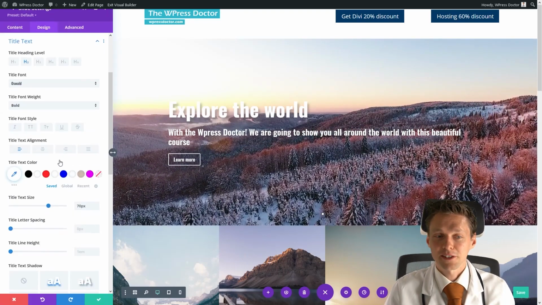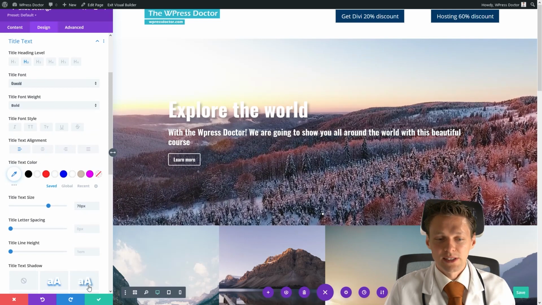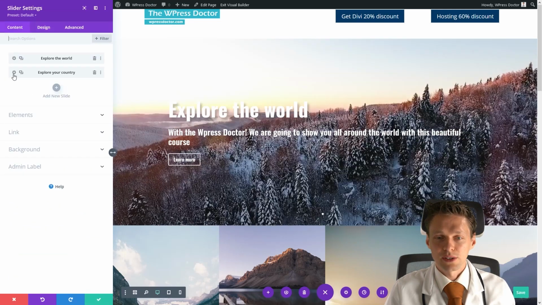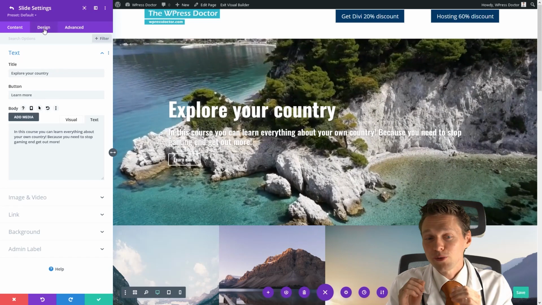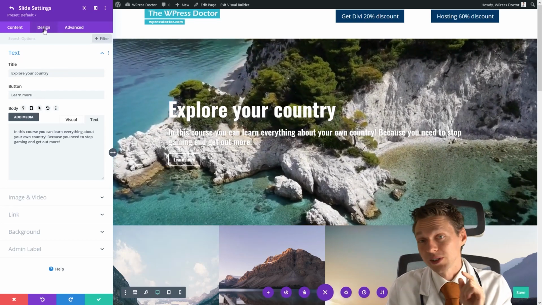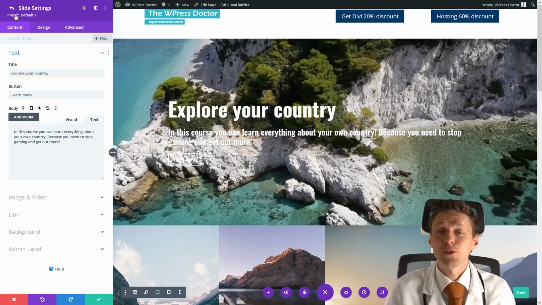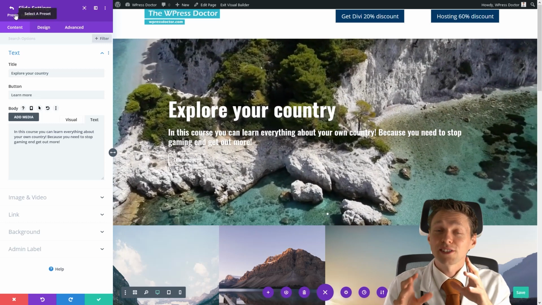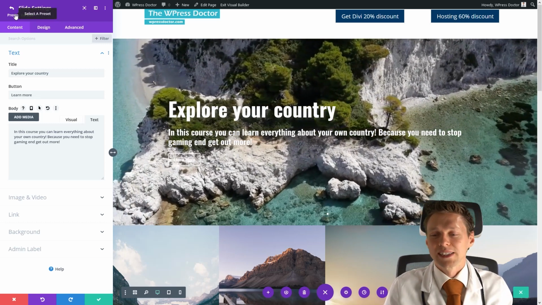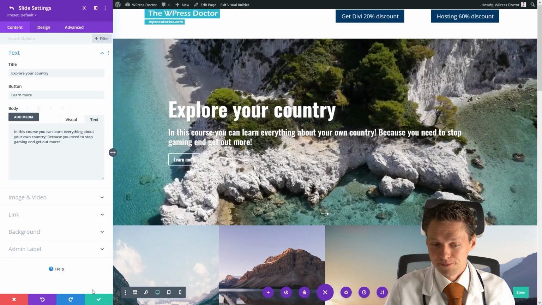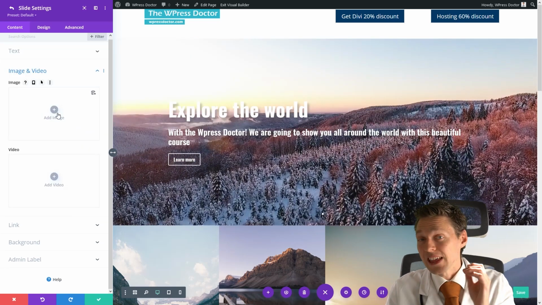I press extend. And now I'm gonna save this one, and go to the next slider. And right now the shadow has also been added to this slide. So that is pretty easy. If you want to change different styles of your slides just in one go, this is a way to do it.